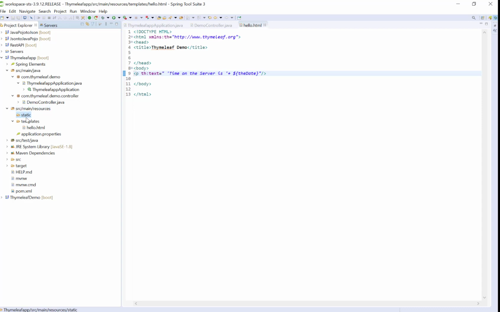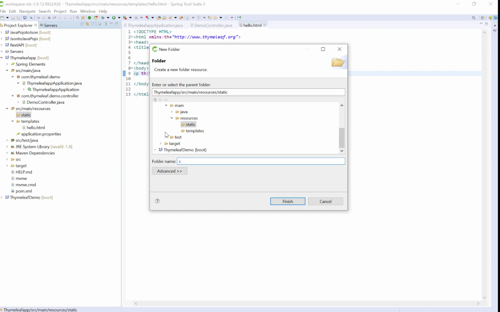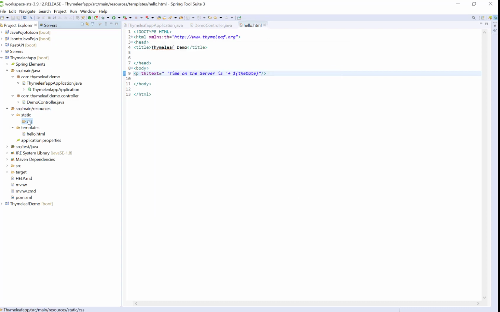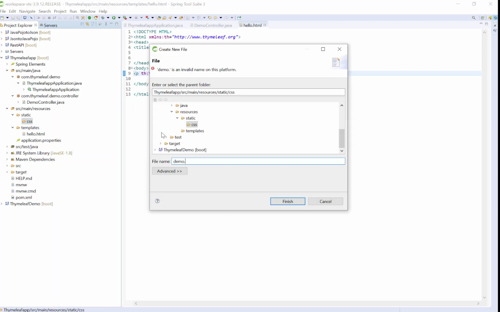We will have one static folder. Inside that I will create one CSS folder. Inside this folder I will create one CSS file. Click on finish.